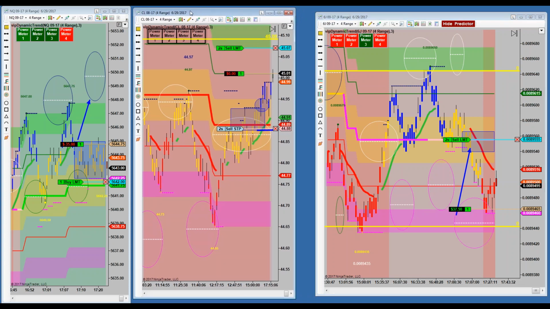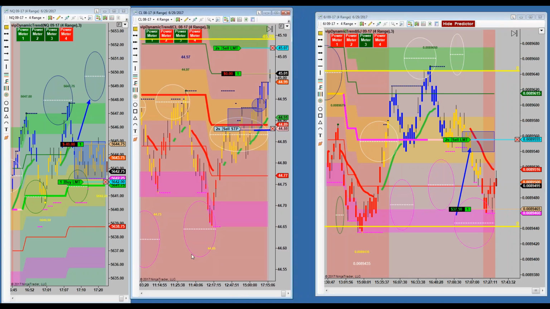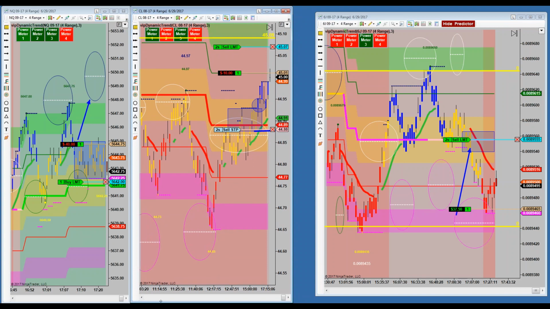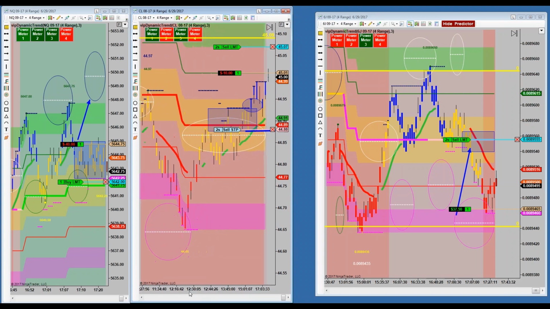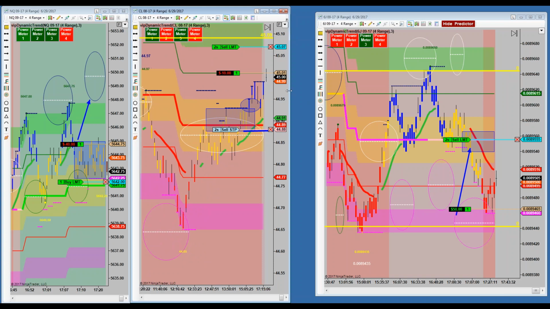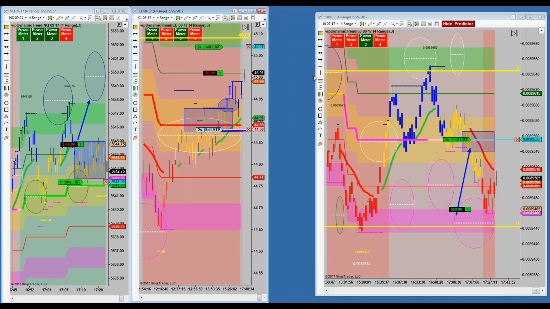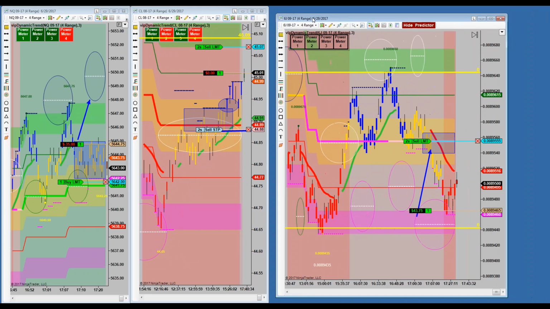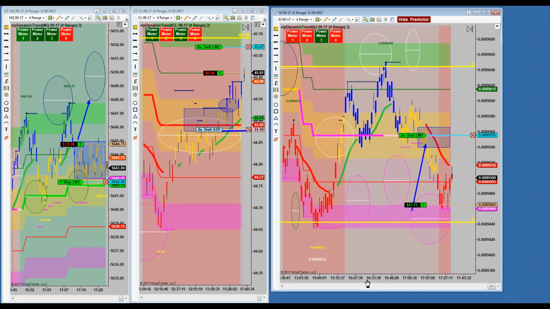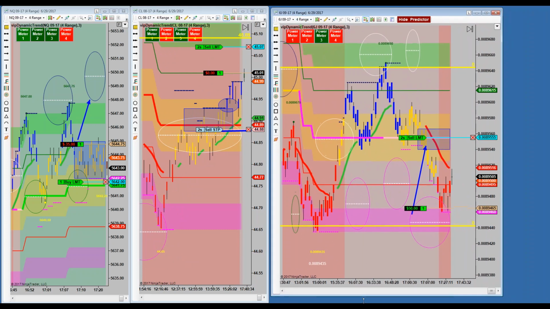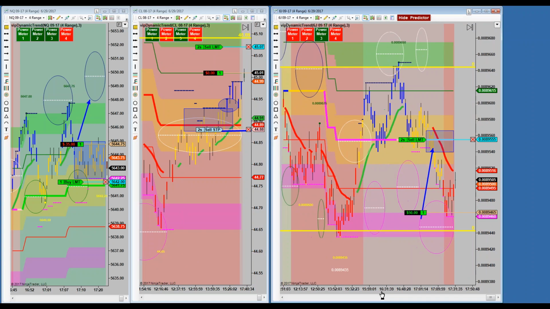Of course, you can see crude is just kind of sitting here at our entry point. It's not moved like even a tick or two in any direction so far. So we're waiting for some movement on crude here. And I'll be darned, we are long 6J. Look at that. You got a couple of ticks in her.